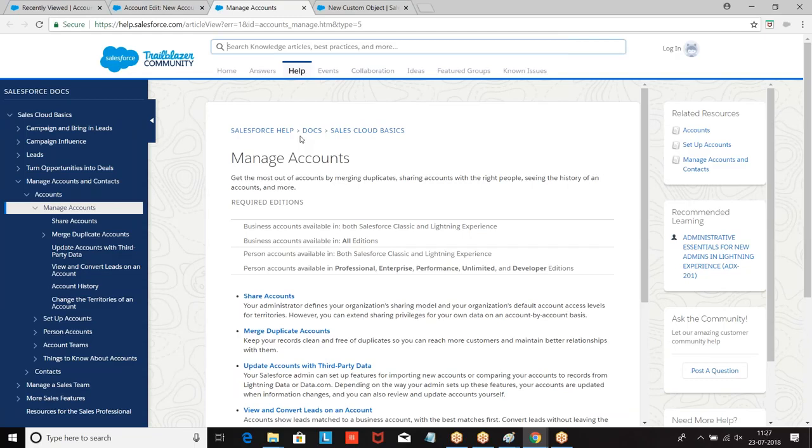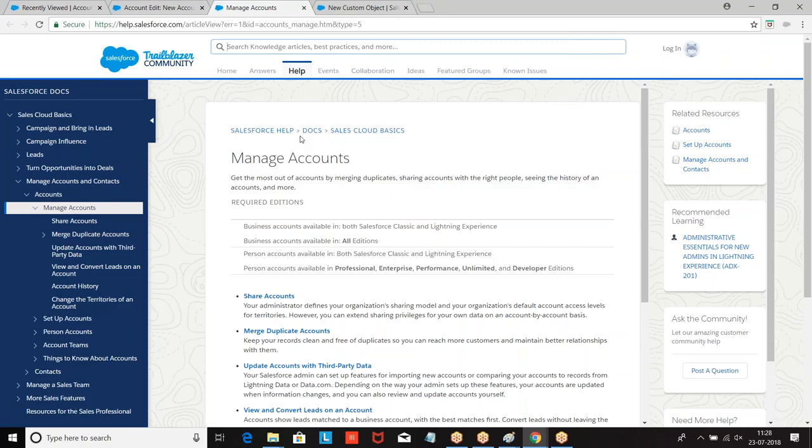Similarly, you are creating your own object. For your object also, Salesforce will give you help for this page. When you click on the help for this page, what is the document that should open?